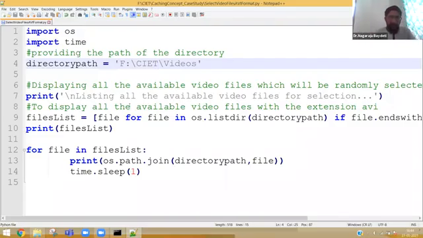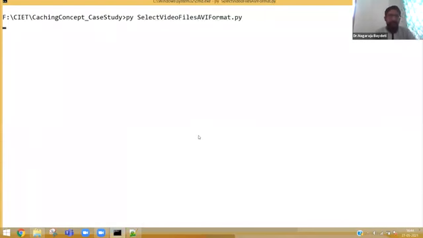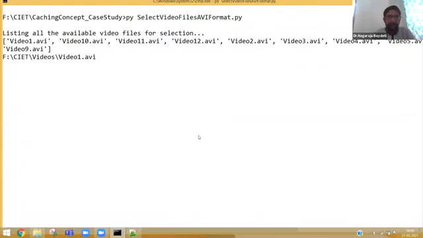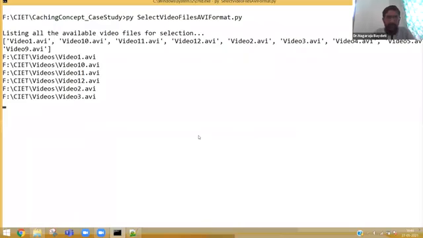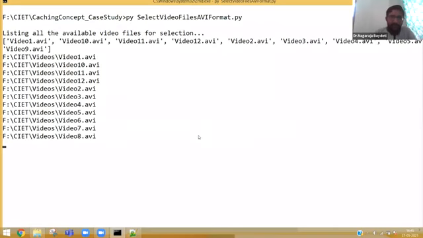Let me execute it and show you what it is doing. See here, slowly it is displaying how many videos are there and the location of the videos. Are you able to understand? Without explaining the program, I just executed it so that you will understand what it does. This program gets the video files with .avi as extension, and gives me the location in my system where these videos are available.